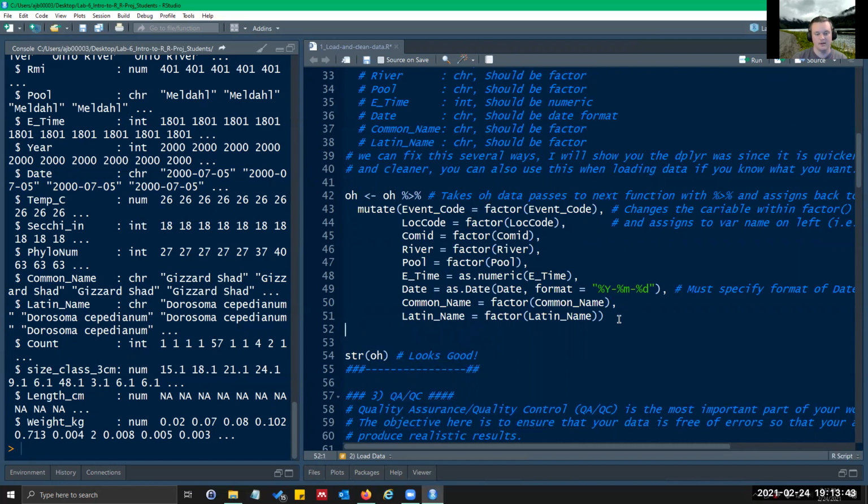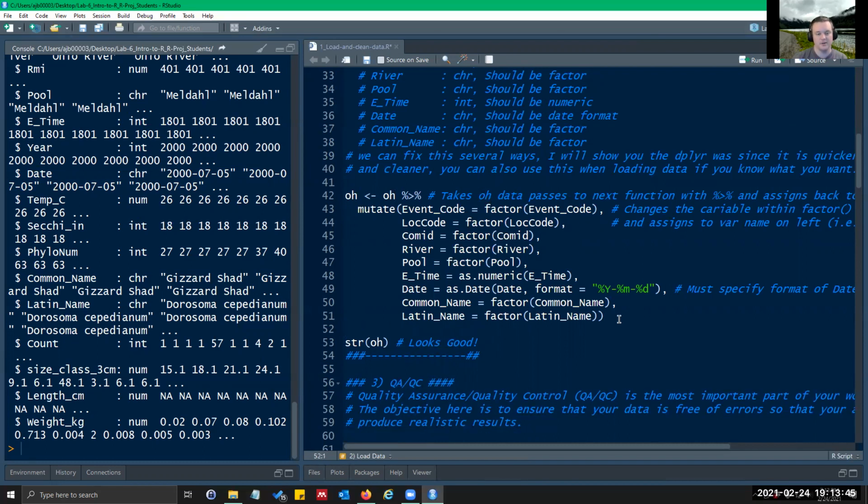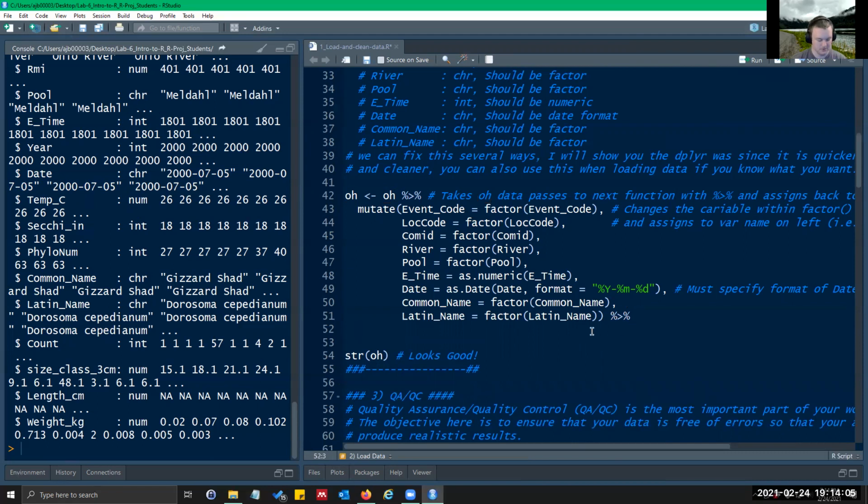But using piping, you don't have to do that because it just knows because you're sending it on. And it's a lot cleaner. And you can, as you'll see later, string multiple commands together. And I could do sort or arrange, you know, but we're not going to do that now.